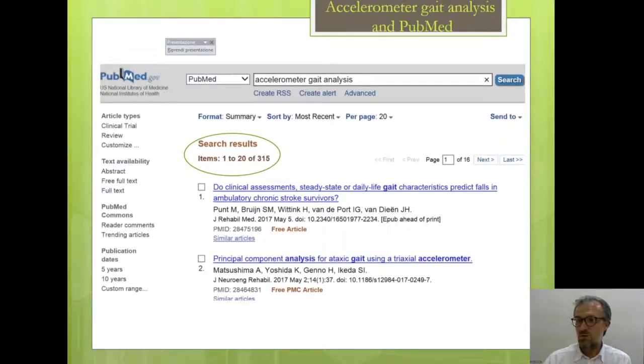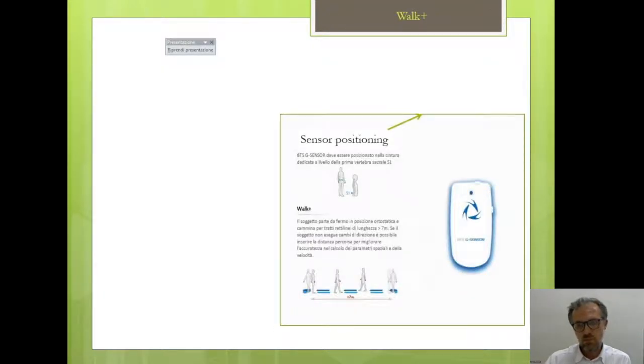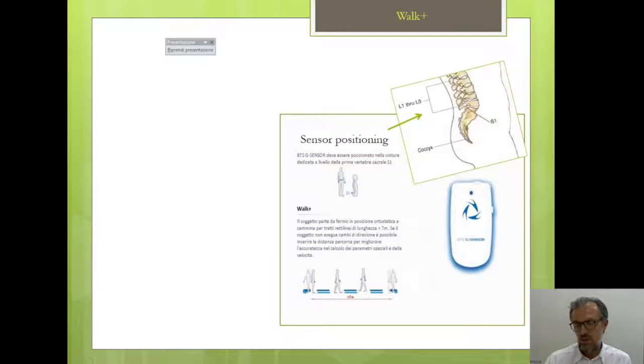We can use it certainly to evaluate gait performance in the gait lab, in the gym, but even in daily life situations and settings, such as the home of the patient, or outside in the garden or on the concrete, for example. The Walk Plus protocol clearly needs to be supported by an accurate positioning of the sensor,